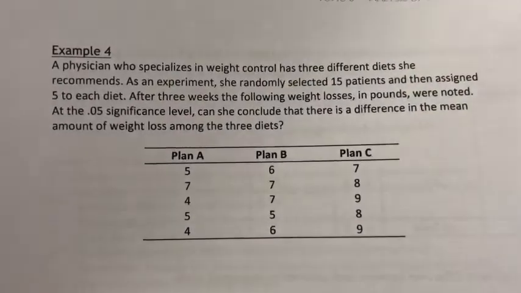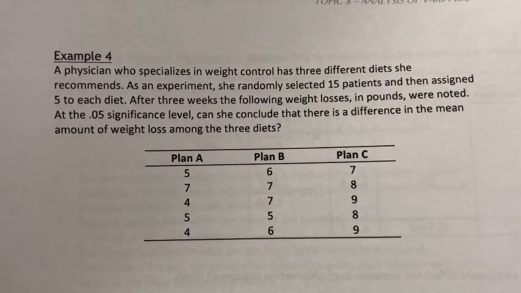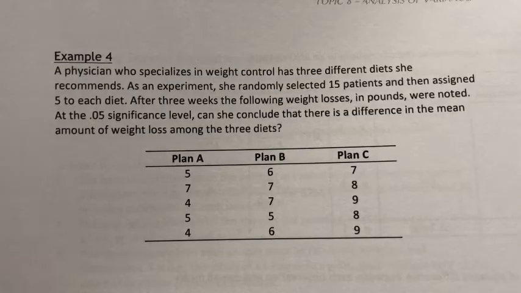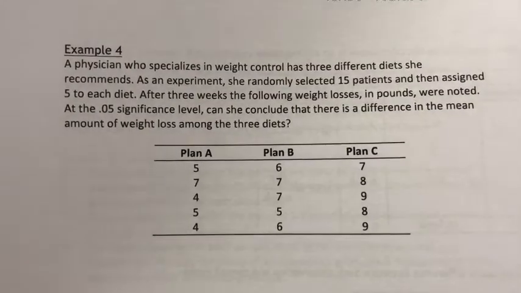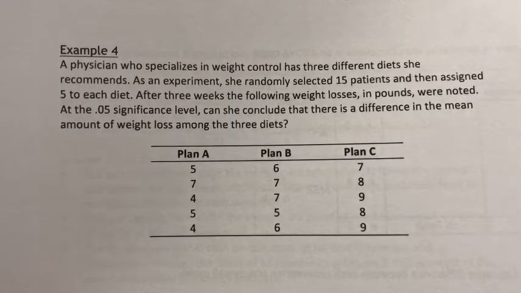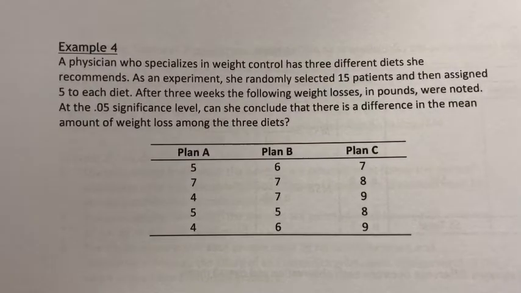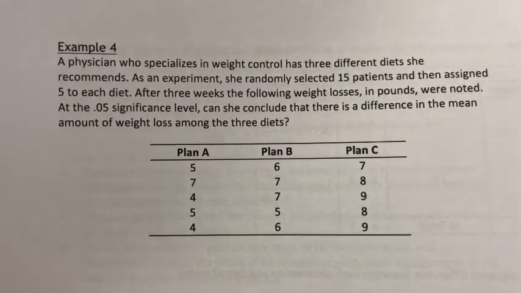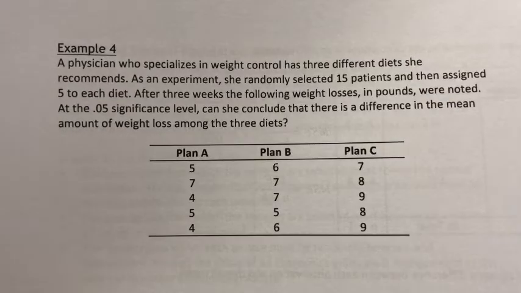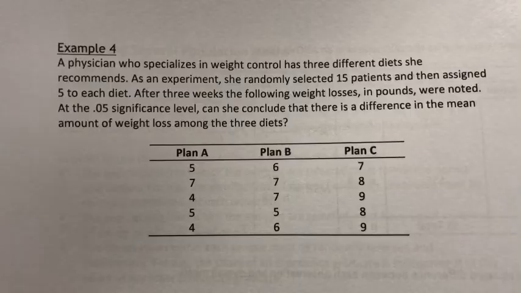Let's take a look at this example of an ANOVA test. A physician who specializes in weight control has 3 different diets she recommends. As an experiment, she randomly selected 15 patients and then assigned 5 to each diet. After 3 weeks, the following weight losses in pounds were noted. At the 5% significance level, can we conclude that there is a difference in the mean amount of weight loss